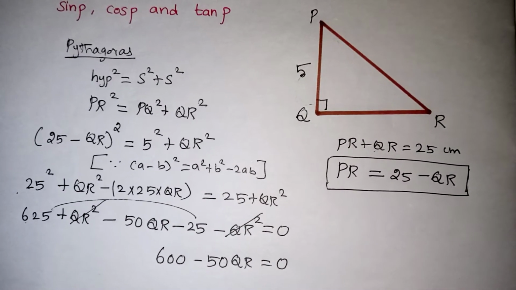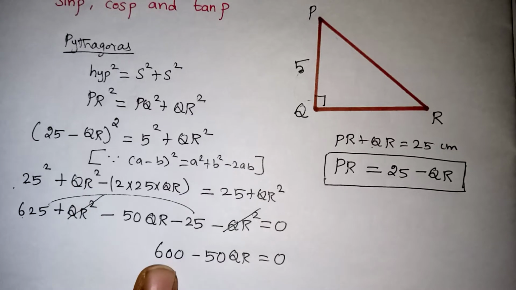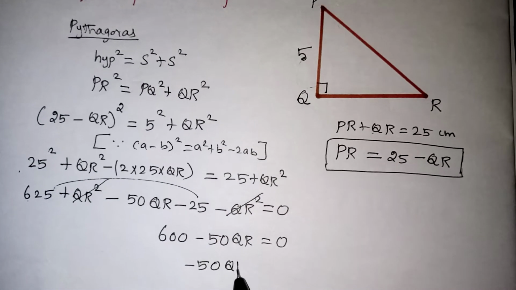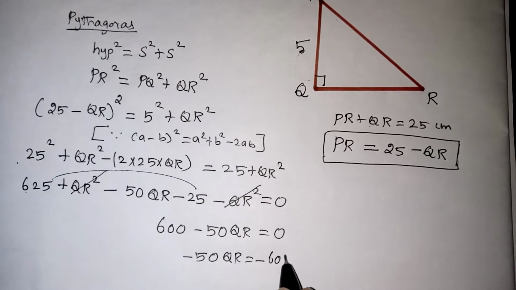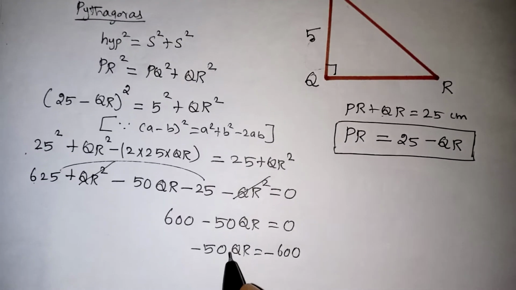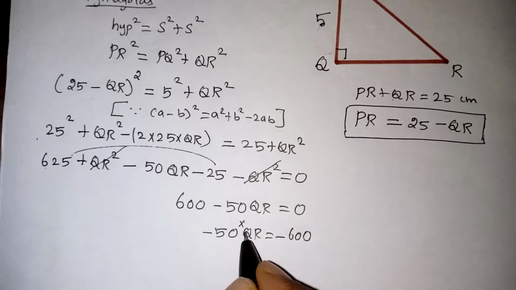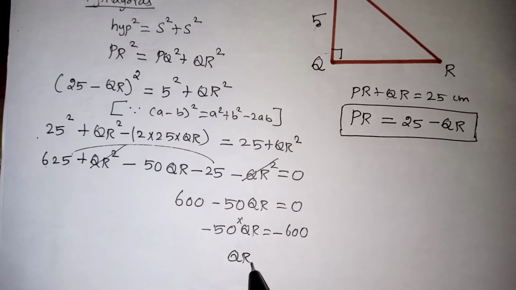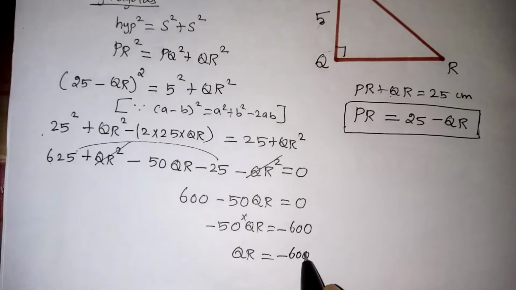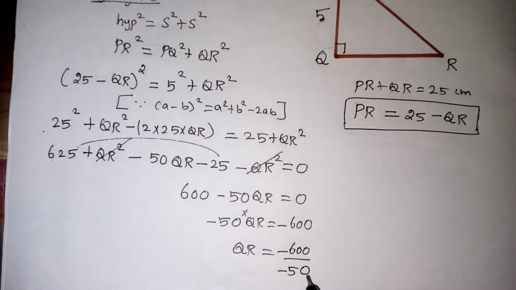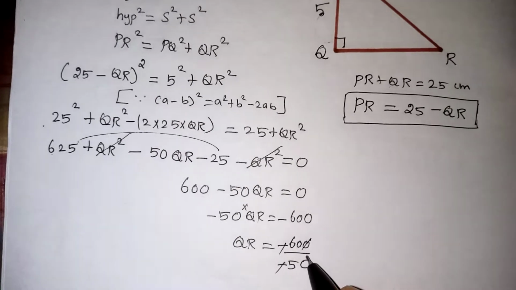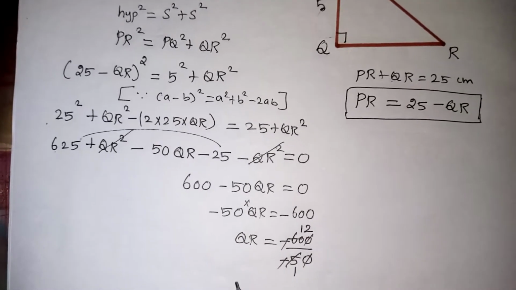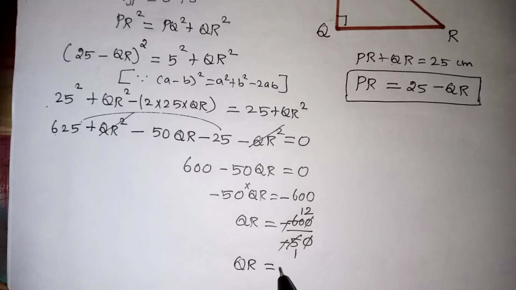So anyway we need to find the value of QR only. So take the 600 to the other side, that will become minus 600. So minus 50 QR is equal to minus 600. Minus 50 is in multiplication, so if we take the multiplying number to the other side, it will become a division. When the number comes in division, it will never get a sign change. It will come as a minus only. Minus minus cancel, 0 0 cancel. 5 1s are 5, 5 12s are 60. So what we are getting is QR is equal to 12.